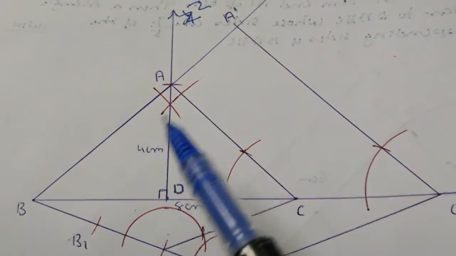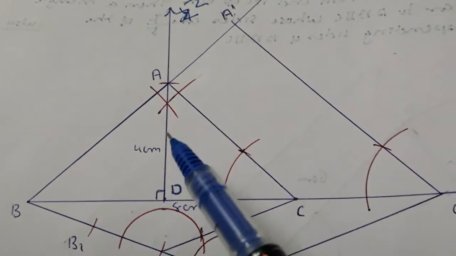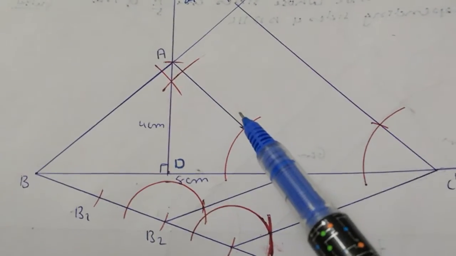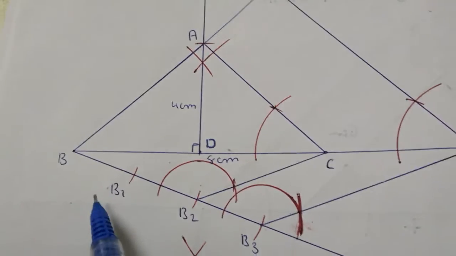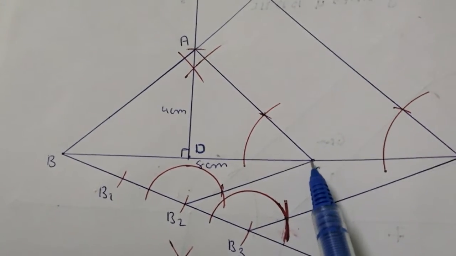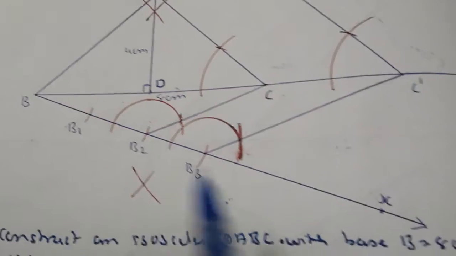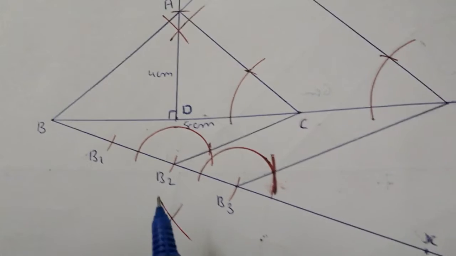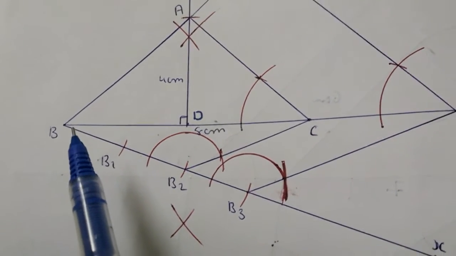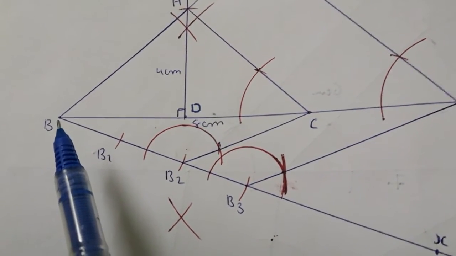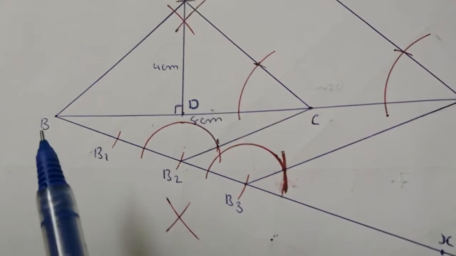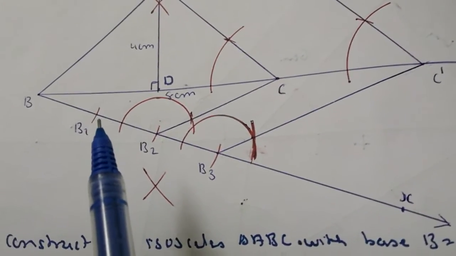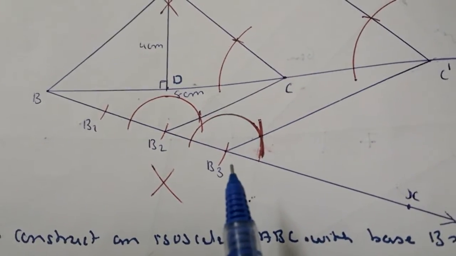So you will get the given triangle ABC with base 8 cm and altitude 4 cm, such that AB and AC are equal. So that is our given isosceles triangle. Now you are going to construct an angle CBX such that angle CBX is an acute angle. Now with any suitable radius, from point B, you are going to draw arcs intersecting the ray BX at point B1. In the same way from B1 you are going to draw B2 and B3.